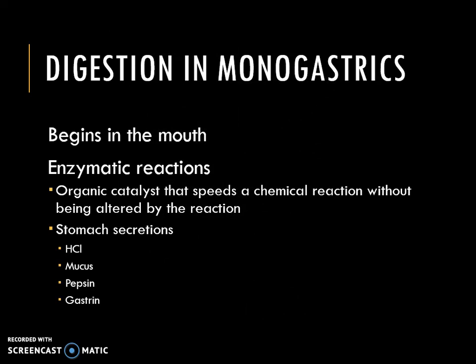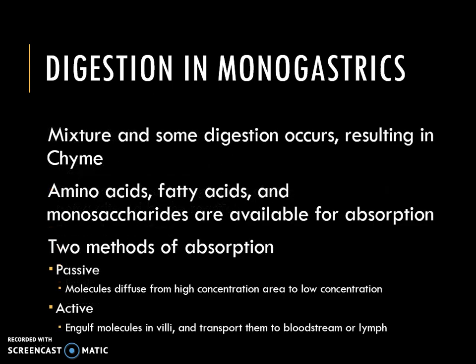When we talk about the digestive components, how feeds are actually broken down, clearly in monogastrics we have things beginning in the mouth like we talked about, and then a lot of enzymatic reactions, a lot of stomach secretions that are really working that I've listed here at the bottom of the slide. We really depend on them to liberate nutrients for us to absorb into the body and be used by our body systems. Amino acids and fatty acids, monosaccharides, all those become available then for absorption,